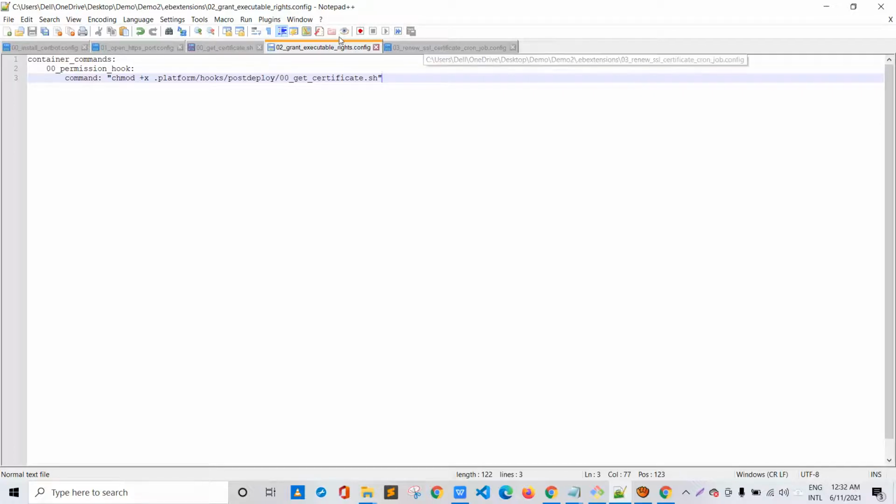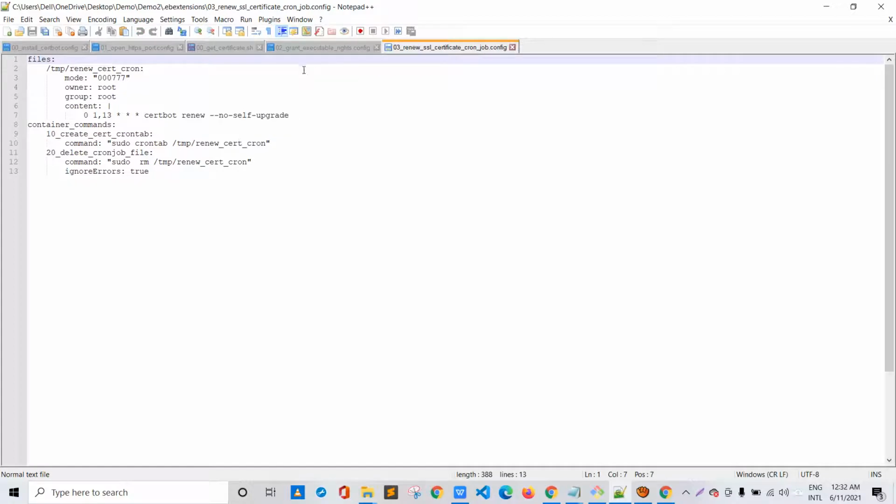And the final one is the renew SSL certificate cronjob config file, that is used to renew our SSL certificate. It contains a cron job that simply runs every day at 1 PM and 1 AM to check if the SSL certificate on our server is valid or expired.